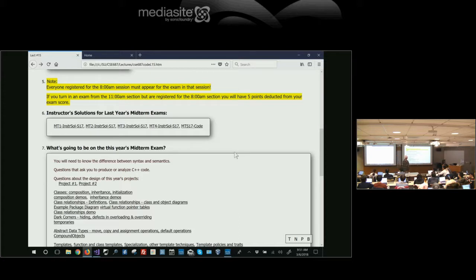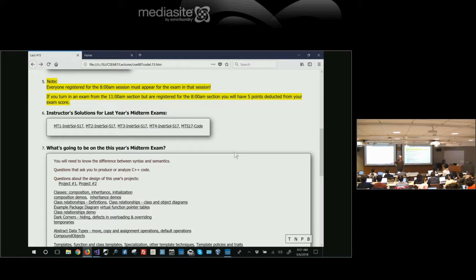Another thing you probably want to do is when you sit down, there's going to be 7 questions. You should look over the questions and decide, these are easy, I know how to answer. I'm not sure about that one. Then take all the ones that you can answer quickly and answer them. And for the code questions, it would make sense for you to write some pseudocode. Just not a lot, anything you can write in 1 minute.